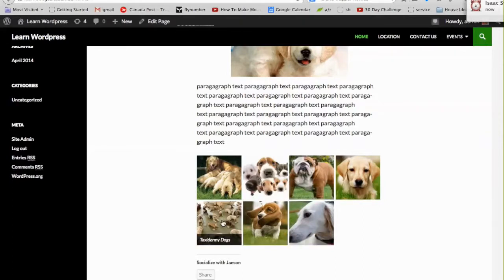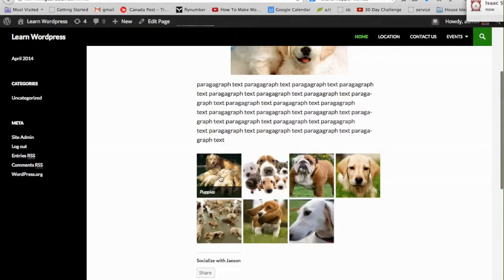And that's just a function of this particular theme that we're using. You can actually have your theme modified by a professional web designer like myself so that the captions show up in a variety of different ways. You can have the captions just below the picture. Now when I click on one of these images,